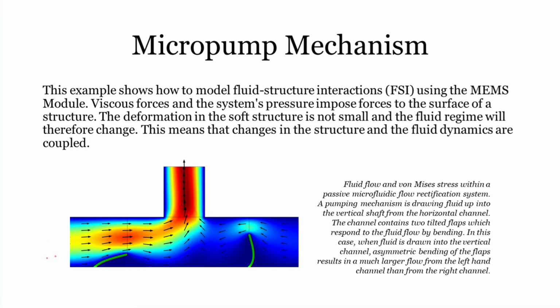The next example is the micro pump mechanism, in which we have an inlet on the left side, and there is a pump on the top. The main importance of a micro pump is that it allows the flow in only a particular direction. Over here there are two pillars that you can see which are bending, and based upon that it's going to store the fluid at the top, and then it's going to refill. Then again it's going to move toward the right side, but the backflow is kind of restrained.